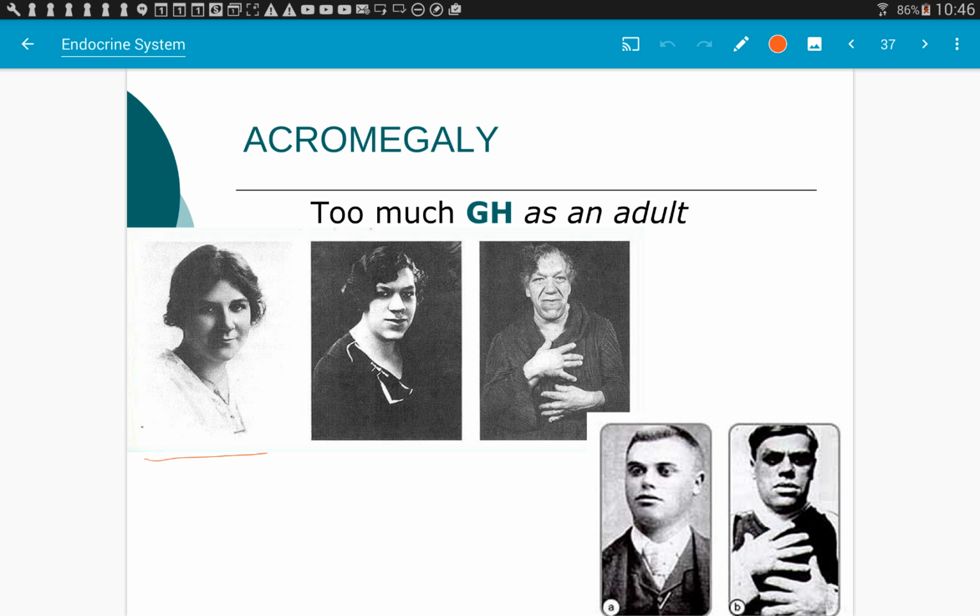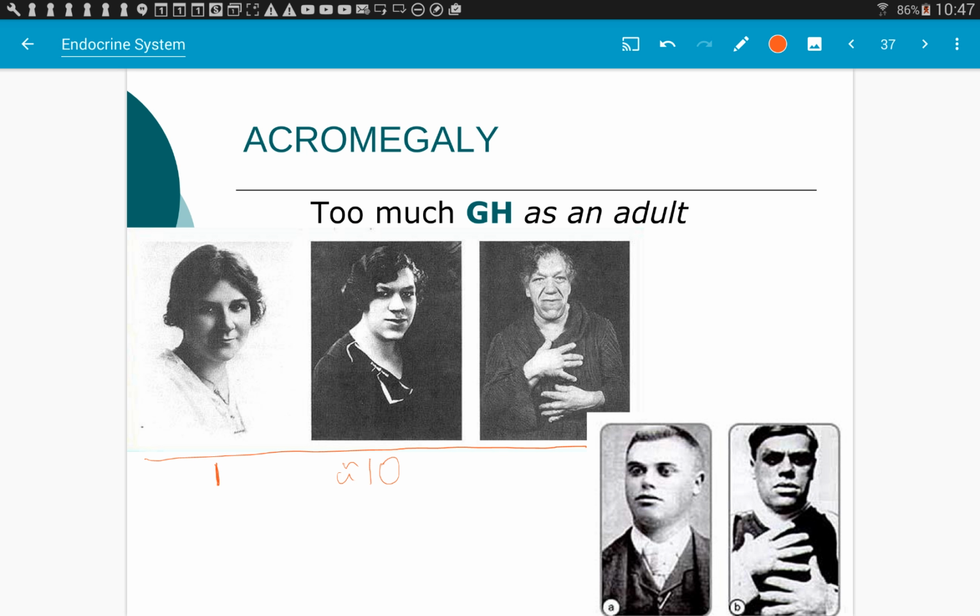This lady here is shown, I don't know if it's over 3 decades, but this is her as a young woman before acromegaly started occurring with her. This is probably about 10 years later. And what differences do you see between her first picture and her second picture? Her nose is bigger. Her chin is more pronounced. Anything else? Her hair is curly. Well, yeah, she probably looks like she curled it. So nose, chin,